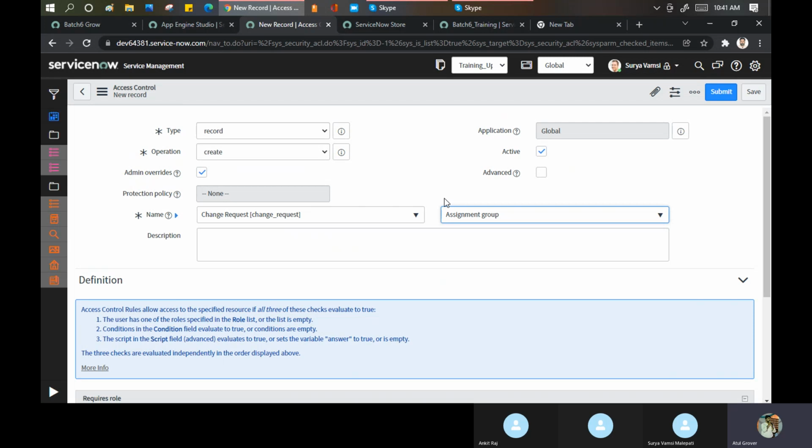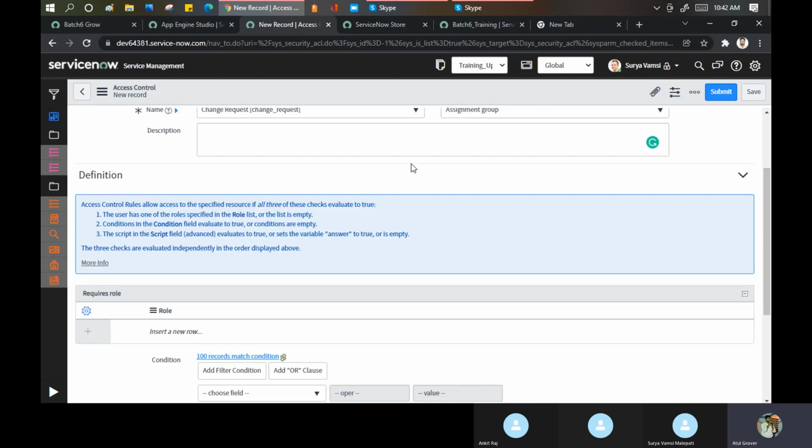Okay, fine. Description you can edit here. If you want to put any kind of scripting, you can put it in the ACL as scripting. Click on advanced, the scripting box will open, then you can do the scripting. Even though in some of the cases, in some of the companies, ACL is also considered a customization, but not on the major part.